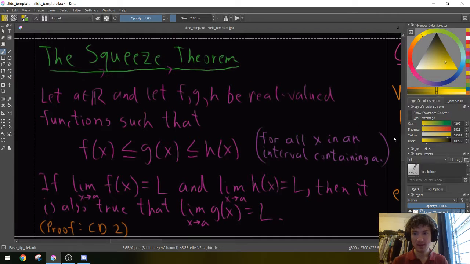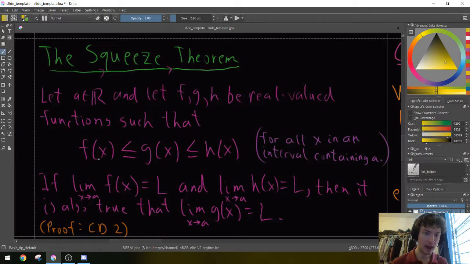Good, okay. Here's a very interesting result that we can use to compute certain limits. This is called the squeeze theorem, and I'll show you a picture to illustrate these words on the next slide. But the idea is, if you want to compute a limit for some difficult function g that you don't really know how to bound or describe very well, but luckily you have two other functions lying around, f and h, and they have the property that g is always lower bounded by f and upper bounded by h, possibly equal. So if f is less than or equal to g is less than or equal to h, and that holds for all x in some interval around the point you're interested in,